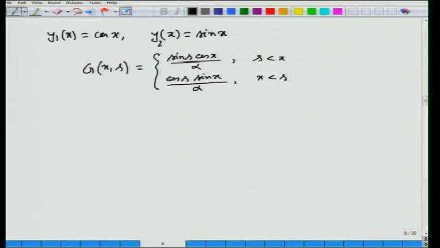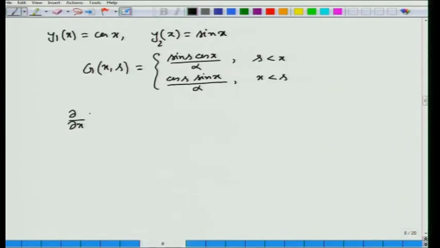And again, using the jump discontinuity of the derivative of the Green's function, we can find